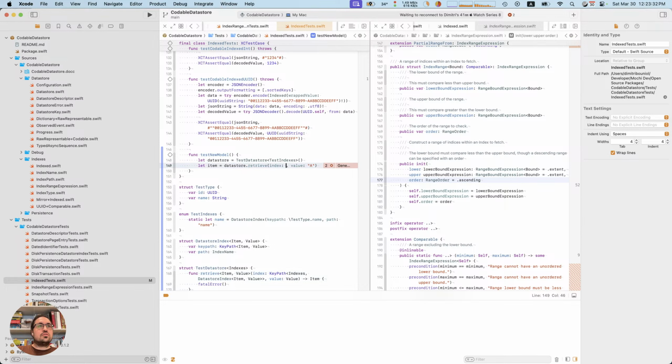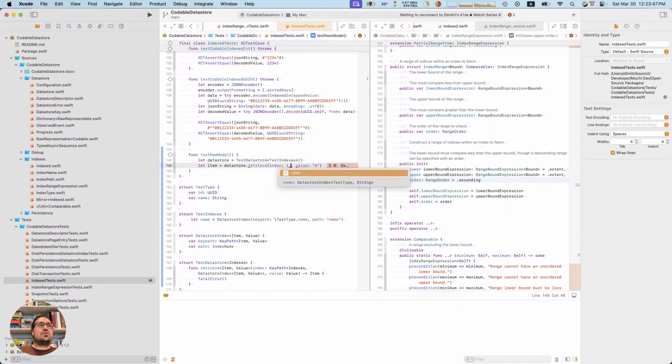So now the index is going to be that. I guess that works.